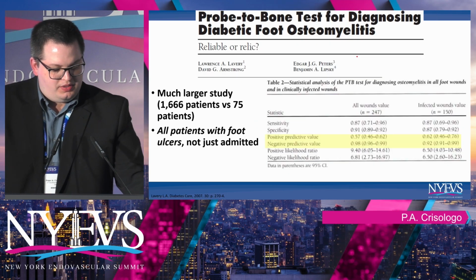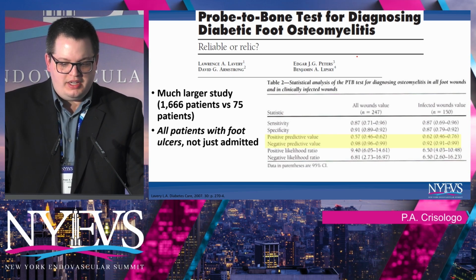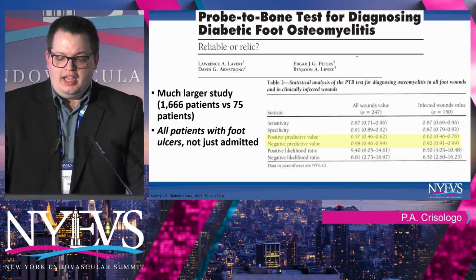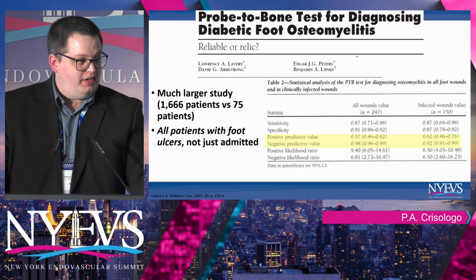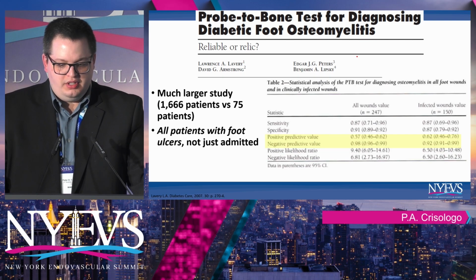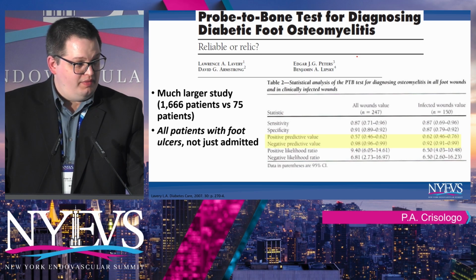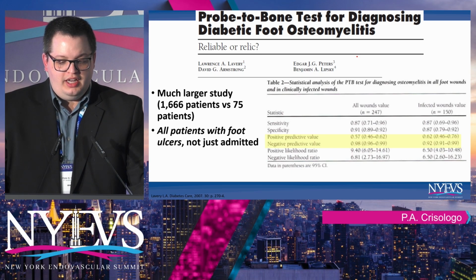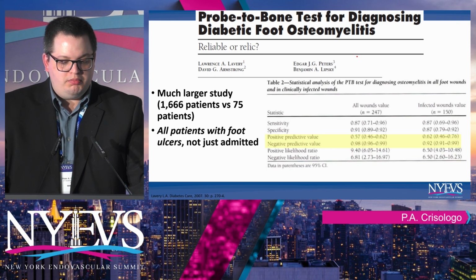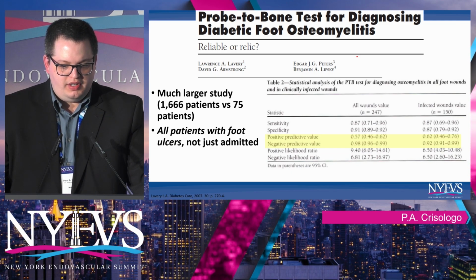Dr. Lavery referenced this earlier. This is an excellent paper, a much larger study, 1,666 patients. And what's really nice about this is he looked at all wounds and he looked at the infected wounds. Especially when you look at all wounds, all comers, your patient who comes into your office, where probe to bone comes in handy is its negative predictive value. If you look at that here, it's 0.98. It's pretty good. You can see quite the difference if it probes bone in clinic, 0.57, versus Grayson and Gibbons' paper. It's very different patients